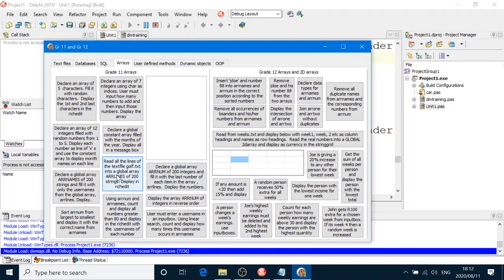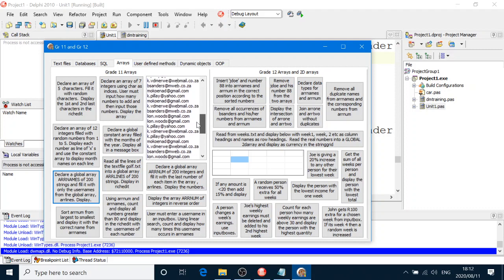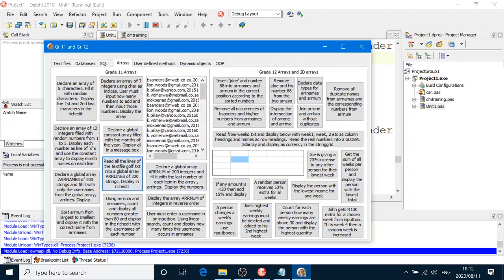If I click on this one, here's ARR lines. You can see it's the whole line that's been read into each index. And then I click on ARR names, you'll see just the usernames have been put into each index of ARR names. Now for ARR num, we have to only put in the numbers from ARR lines, which in other words is this very last number,